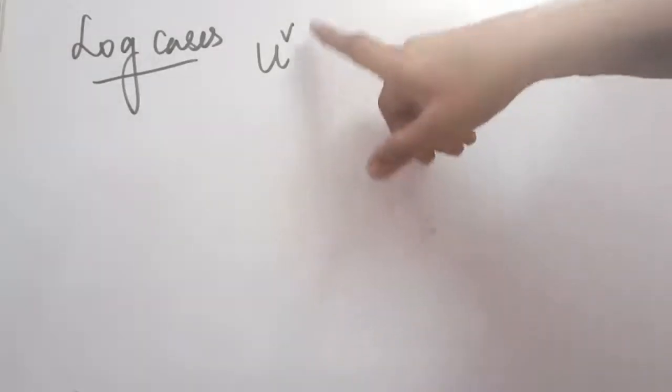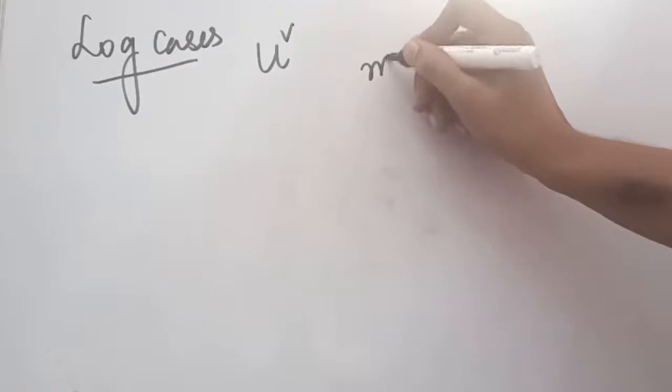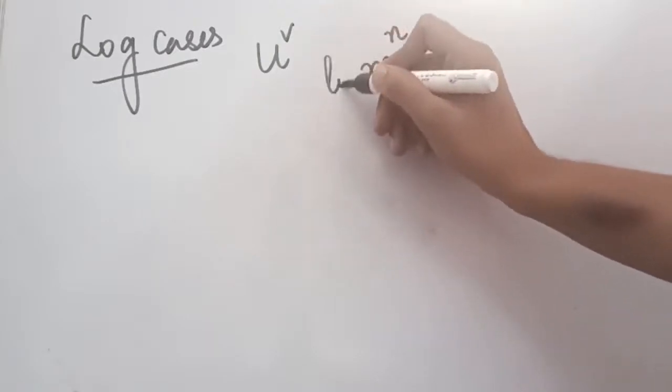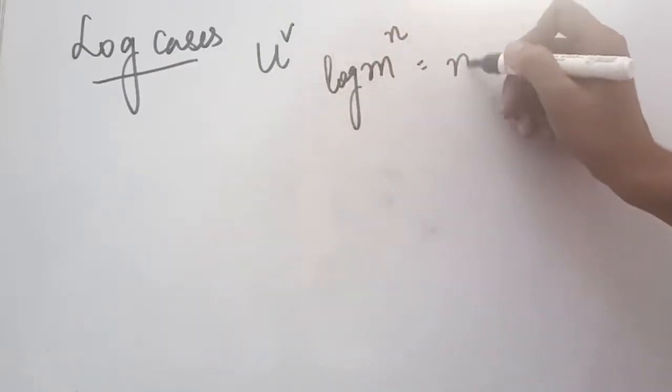The next topic that we are going to do is the different log cases. The first log case can be when you have been given u raised to the power v. I have already discussed with you that in case of log, if you have to take log, it becomes n log m, and then we can take the differentiation in the way we want. So let us see some examples related to u raised to power v log cases.